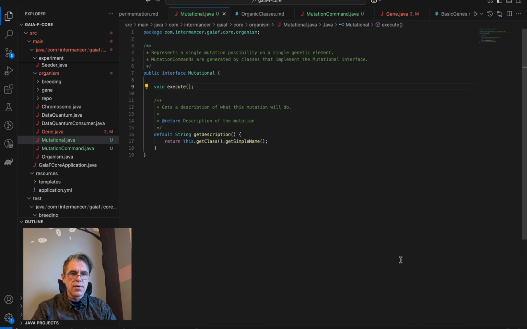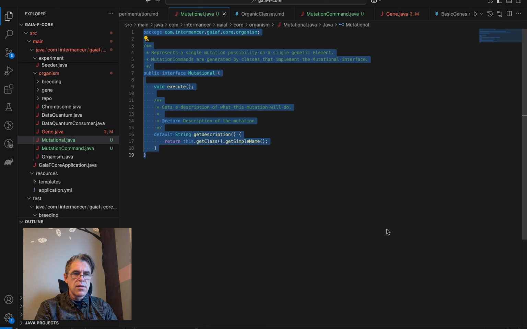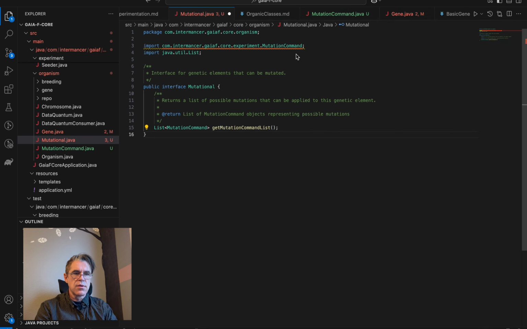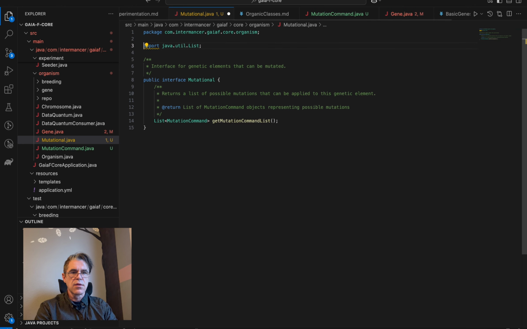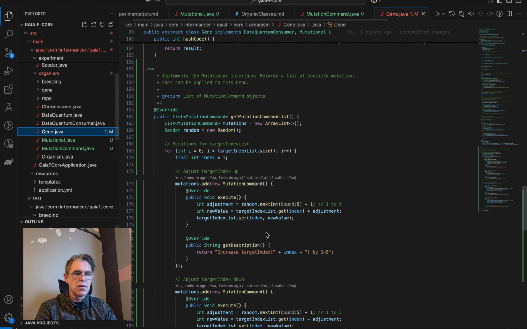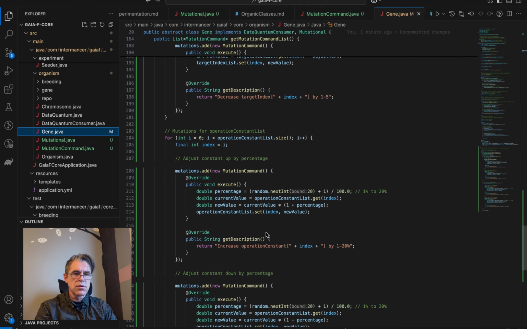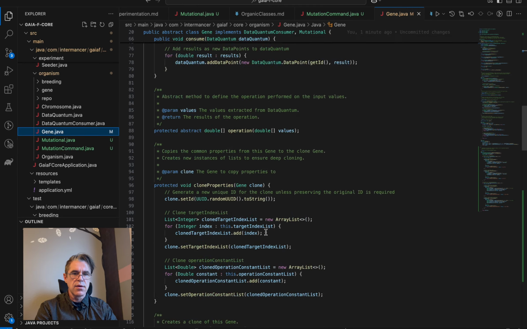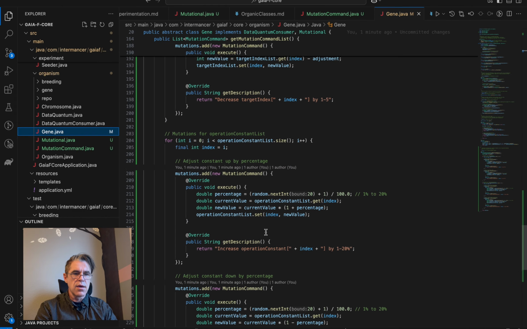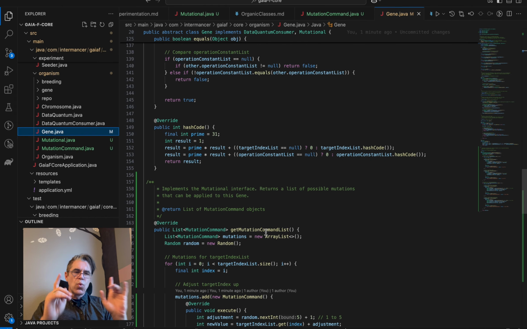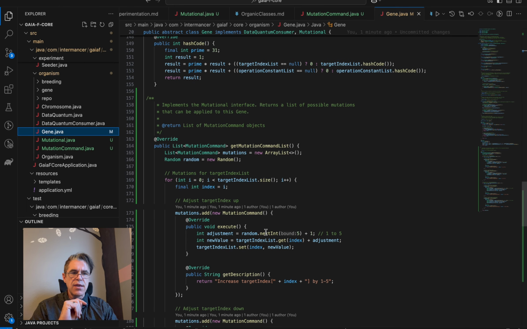Okay, I just keep confusing myself. We've got this. This doesn't have a description. Doesn't need this. Save that. That should be fine. This works now. Everything is happy. Gene has all this. Now, one thing I don't like though is I don't like how long this get mutation